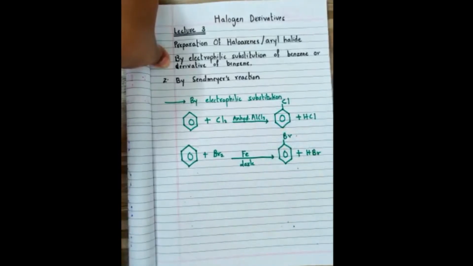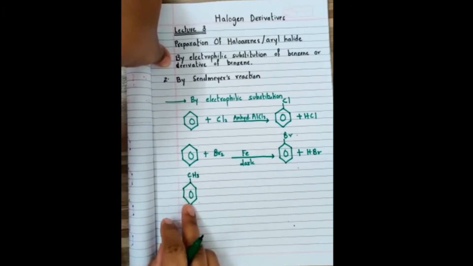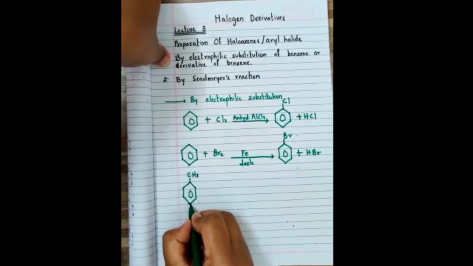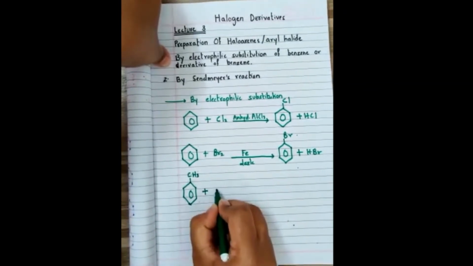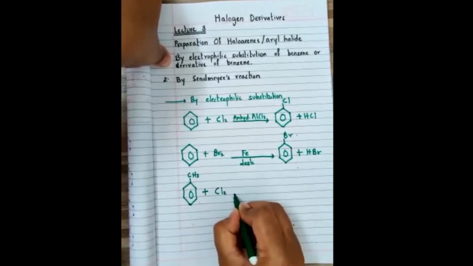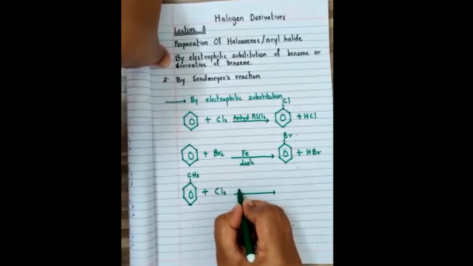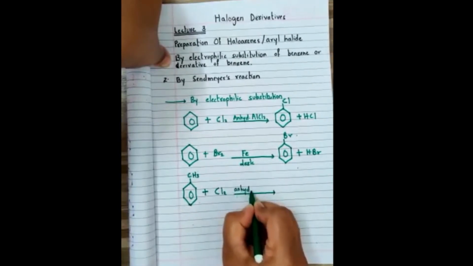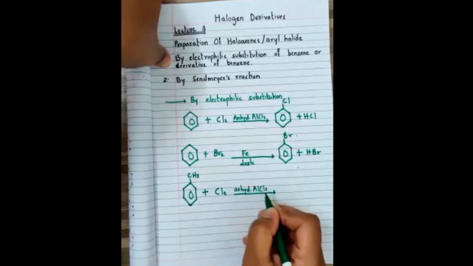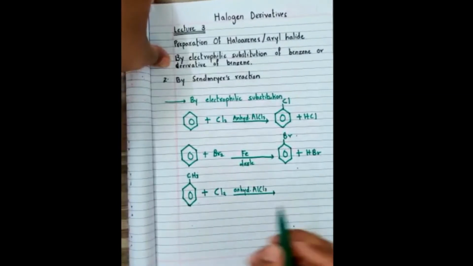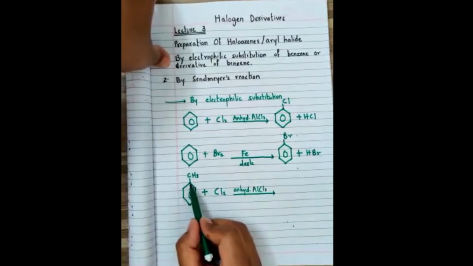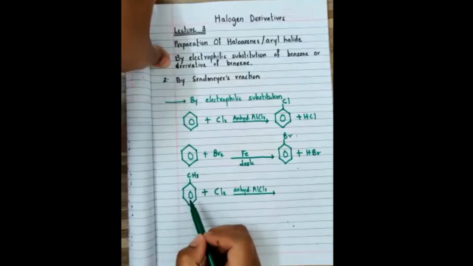Okay. Now let's see what happens when we prepare the haloarenes from a monosubstituted benzene. Now let's take toluene. Toluene is monosubstituted benzene. If we want to do the halogenation of it, let's take Cl2, again in presence of suitable Lewis acid, let's take anhydrous AlCl3. Now what we are going to get? Now you can observe there, now all the 6 carbons of benzene are not same.